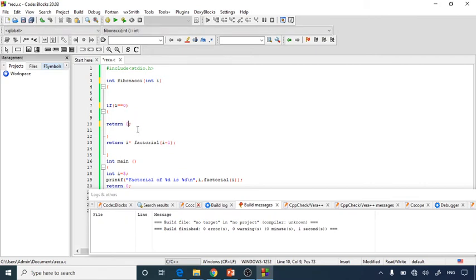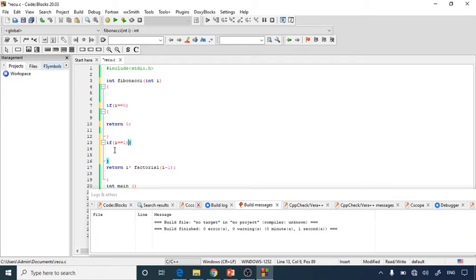And again I'm putting one more condition: if i equals 1, then you have to return 1.